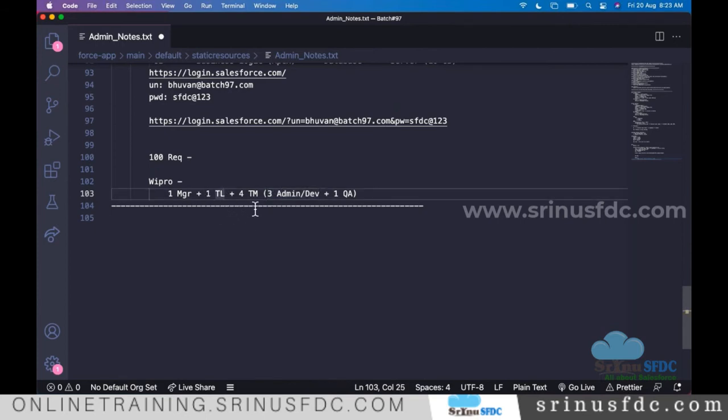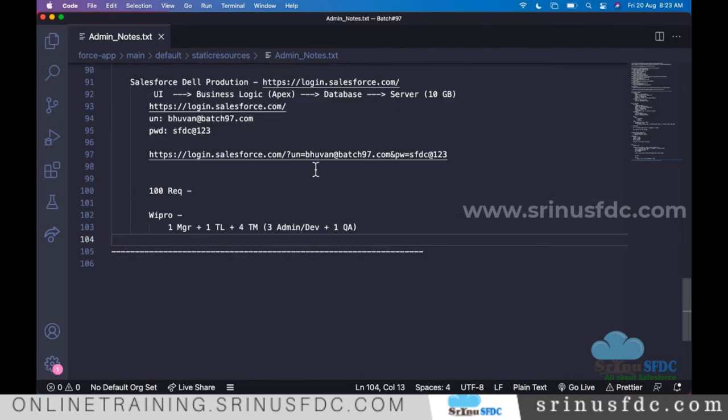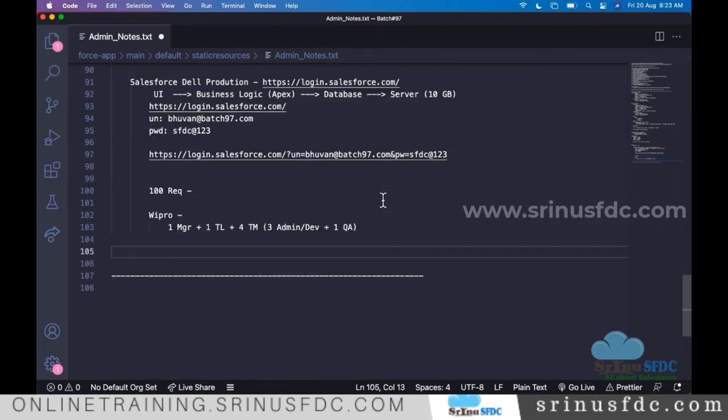Maybe you might be the team lead, who can also work on both admin and development. So the manager will manage the project. So you will be one of the members in this team, right? So this team is going to achieve the 100 requirements that Dell company has. Okay, now this Dell company will provide access to these employees to log in and proceed with the development. So at least if they don't like to provide it to everyone, Dell company will provide access to, let's say, the team lead, so that person can log in and start doing the necessary things.